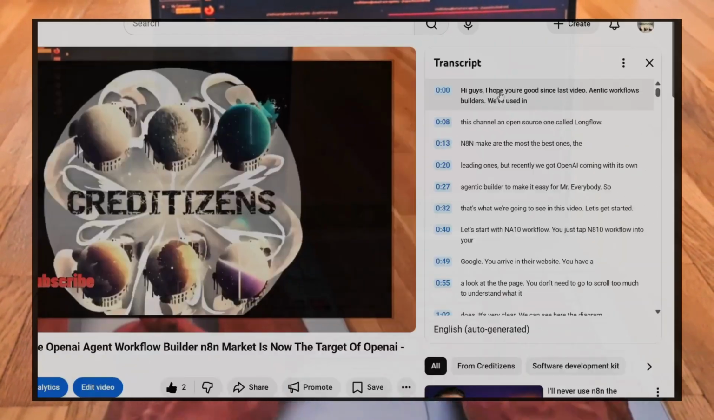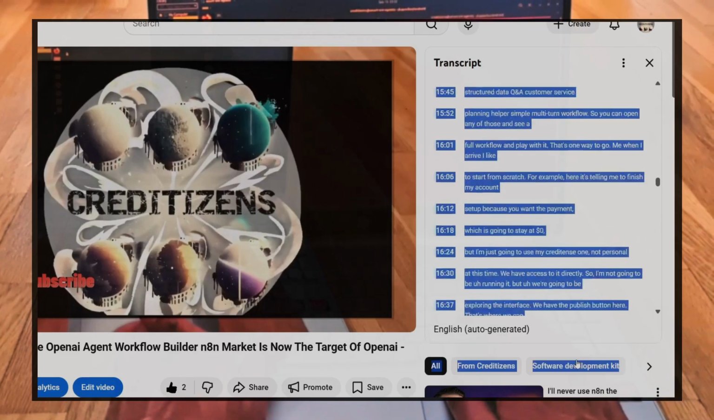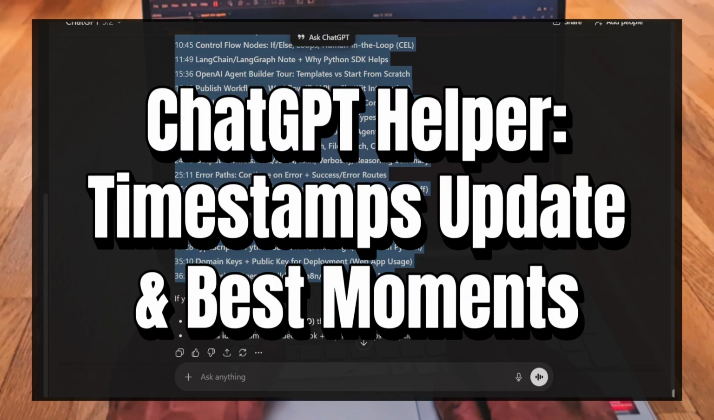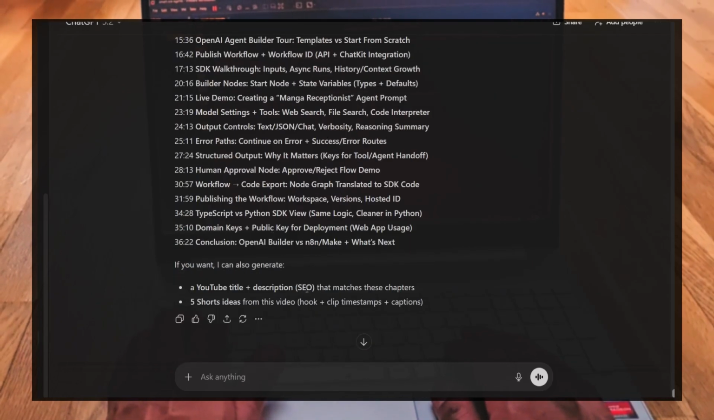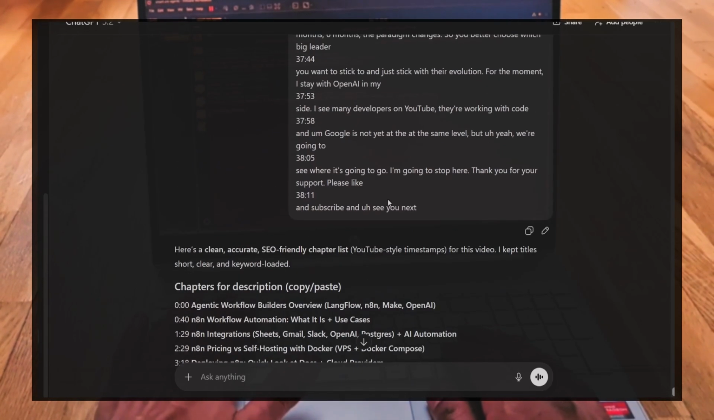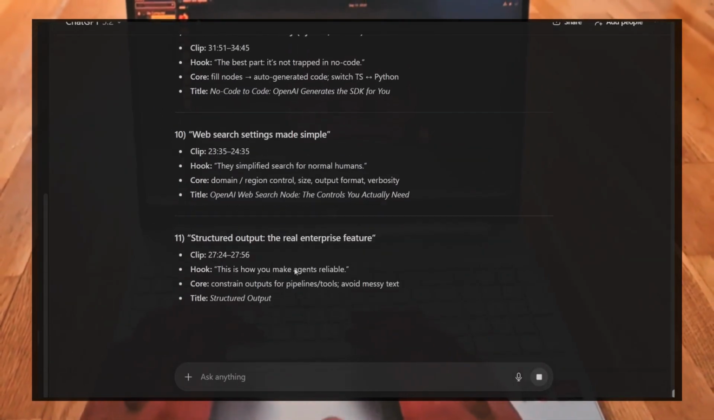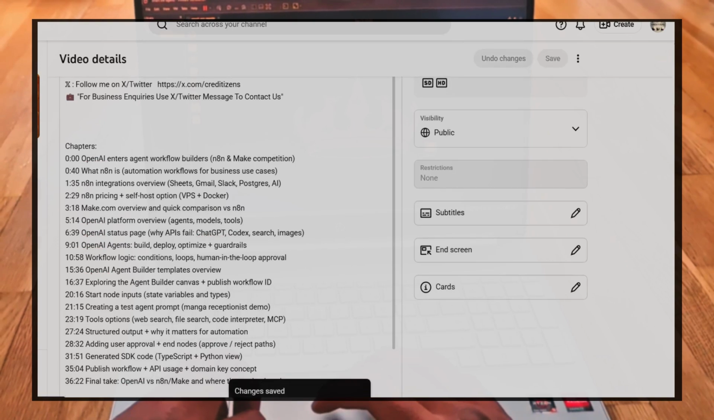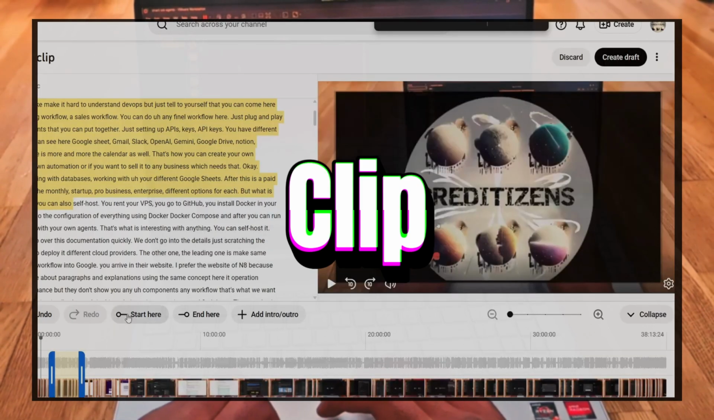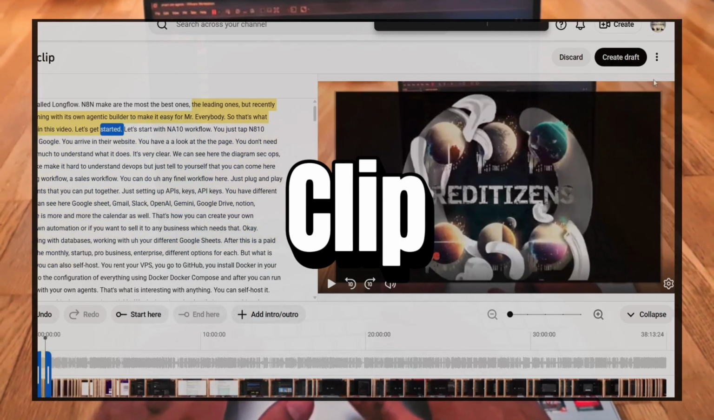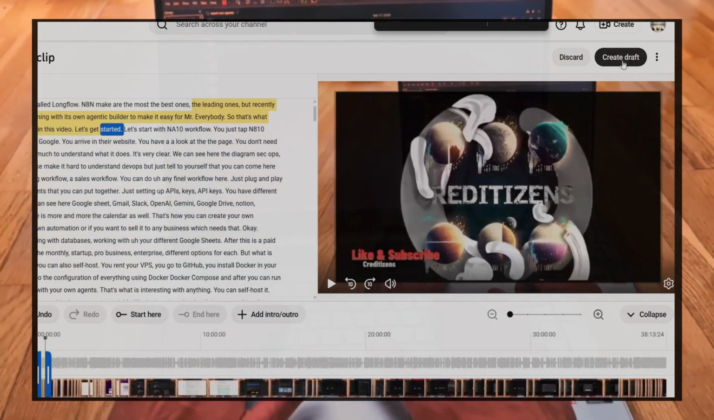So the agent is still working on the cooking app. In the meantime, because it takes a while, I'm going to be working here. ChatGPT helper, timestamps, updates on the best moment in the video. So I'm using the video transcripts to make those clips. I'm going to be clipping, create draft,